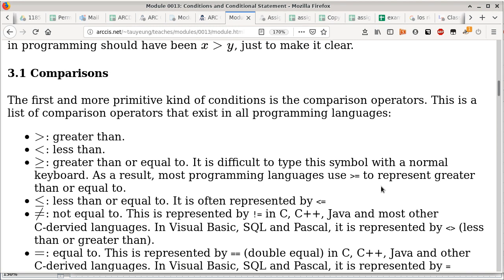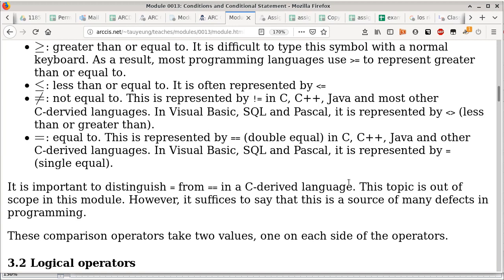Equal to is just a single equal. It is important in the next class, not in this one. It is important for you to differentiate between a single equal symbol and a double equal symbol when you're actually writing C code. They mean entirely different things. Now, in some languages they are syntactically incompatible, in other words, when you intend to use one but you put in the other one, it will give you a syntax error. It is not as much of a problem because you just have to fix it. The compiler will catch it and say, "Hey, you are not allowed to use this symbol at this place." Unfortunately, in C and C++,